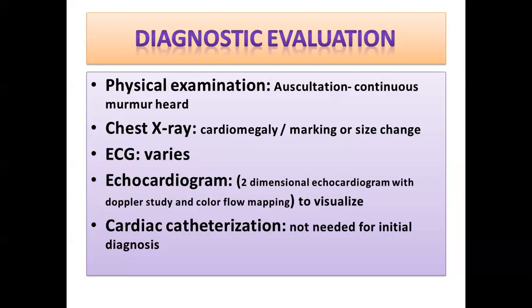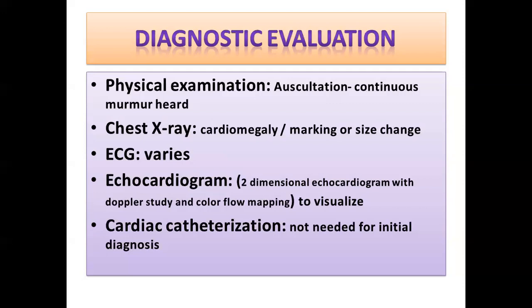The next is cardiac catheterization. This is not only for diagnostic purposes; we can use it for the dual purpose of diagnosis as well as treatment, where surgical treatment is not necessary. With the help of cardiac catheterization, we can place a device, an occlusion device or coil, to solve the problem. So these are some of the common factors we can write for all the congenital heart defects.